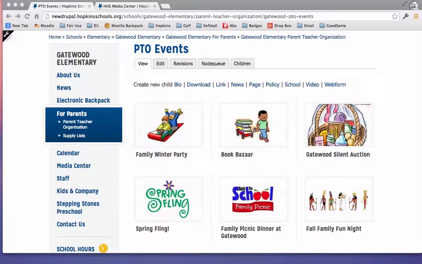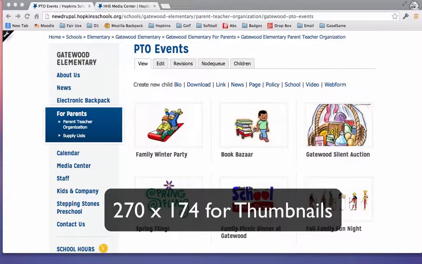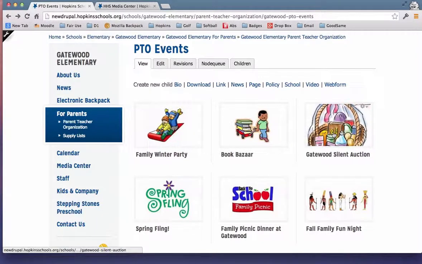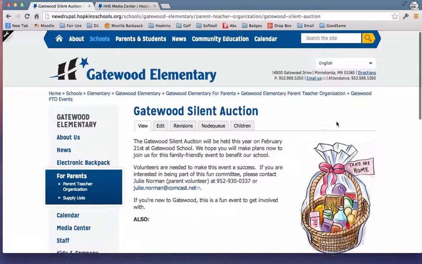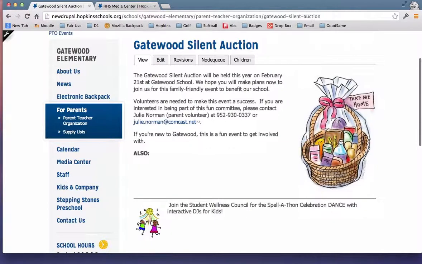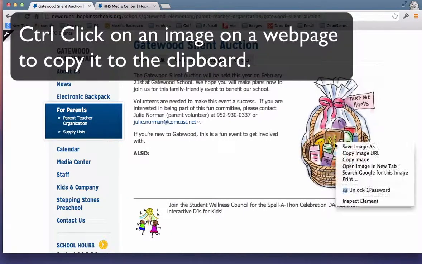So this one right here is not the appropriate dimensions to be a thumbnail, and I want to show you how you'd resize it so that it would look okay on a page like this. So I'm going to click on the page because I really want to copy that image because I'm going to resize it. If you have an image on the web, most of the time, if you're on a Mac, you can hold down the control key, which I'm doing with my left hand, click on the image